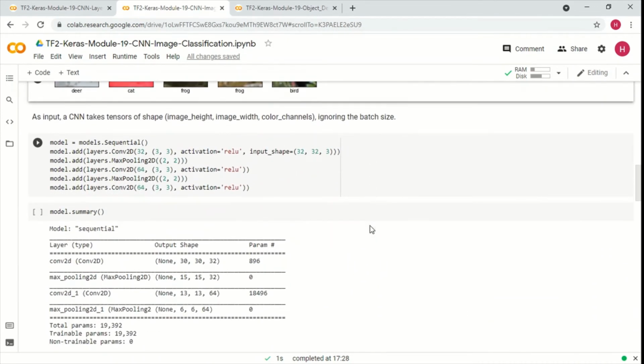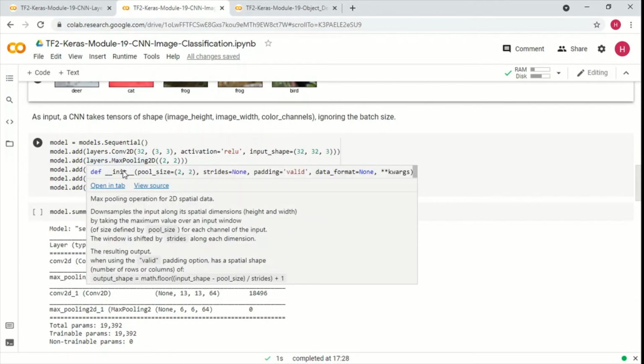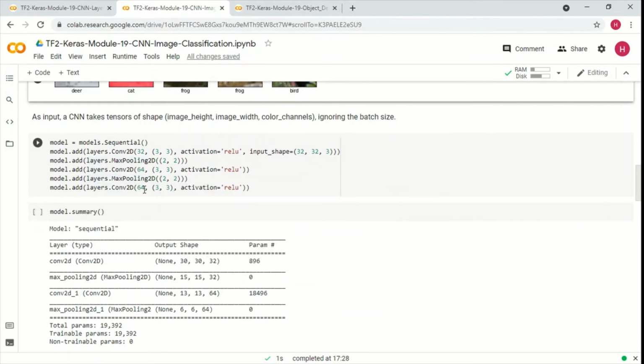Now this is where the actual neural network is built. What we are doing is using the sequential API, or the sequential model, and then we are repeating the convolutional layer and the max pooling layer and a convolutional layer. So this is the network that we are building.